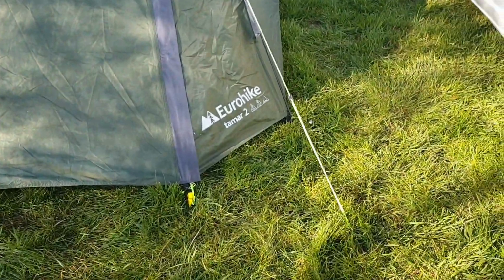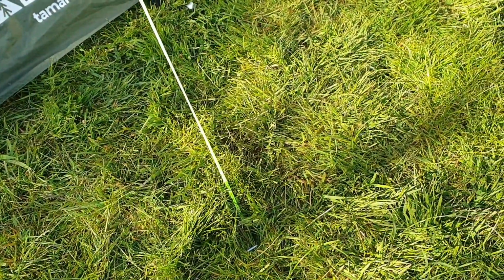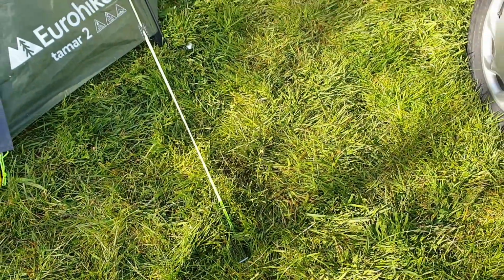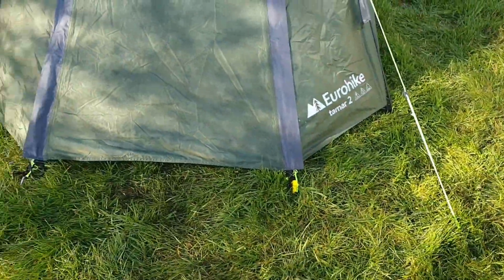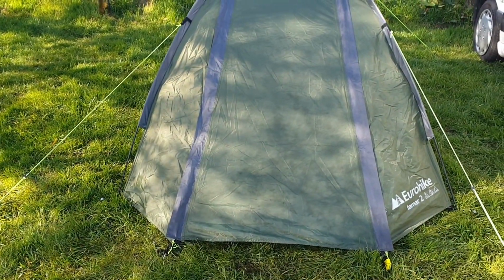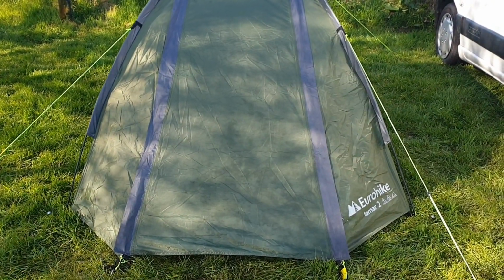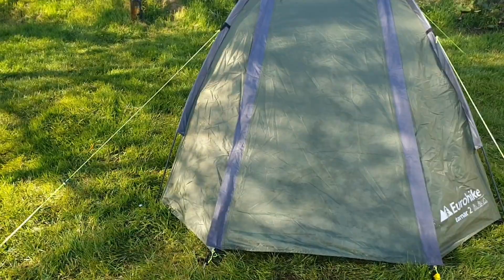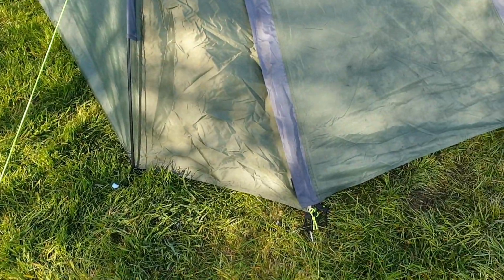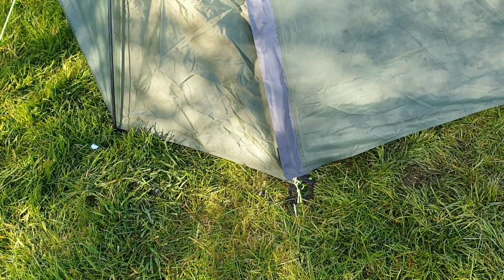It has the standard coat hanger wire style pegs, so I'd advise any person buying an entry-level tent for under £200, once you get your tent, it's brand new, trial run it, erect it in your garden first before you go out, to make sure all the parts and components are there. Make sure there are no faults, defects with the zips or any of the linings, and once you know that it goes up well, keep the spare standard L-shaped metal pegs for a rainy day, or give them to someone that needs some pegs,